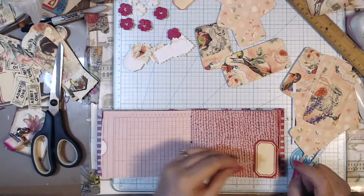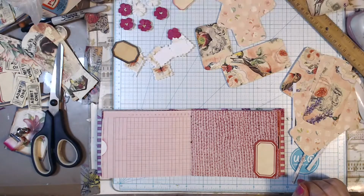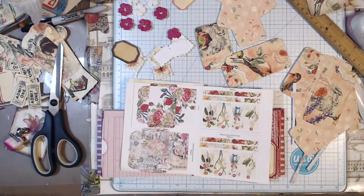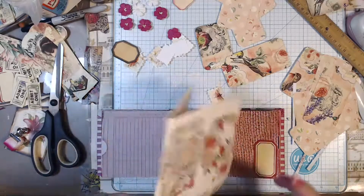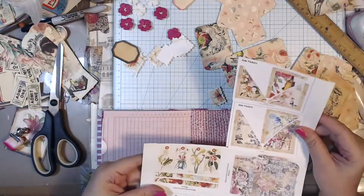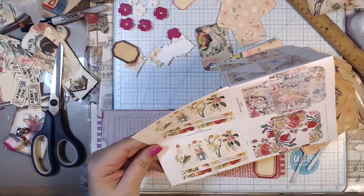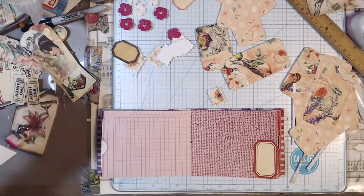Maybe one of our little moth tickets. Some kind of an image. I don't have really small, tiny images. One moment. Let's see what we got. These are little teeny tiny tags from the spring kit. As well, ooh, little tiny corners too to use. Oh wow, I shrank this. So let's see if, oh, that's the wrong scissors. If one of these little tiny tags,